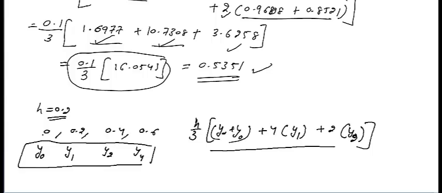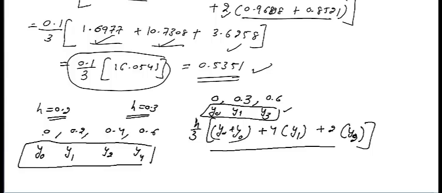Even you can take h equal to 0.3 also. Only 2 steps are required. Means you can start from 0, 0.3 and next will be 0.6. So corresponding to 0 you have y0, y1 and y2. Only 3 values are there. The only difference is you will get a less accurate value when h is large. If h is smaller, then you will get a more accurate value of the integration that you are going to solve. I hope you understand this concept.